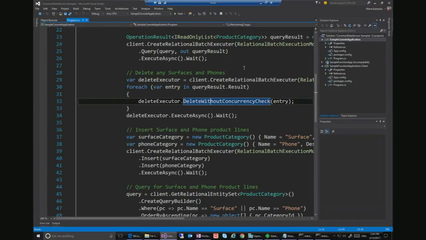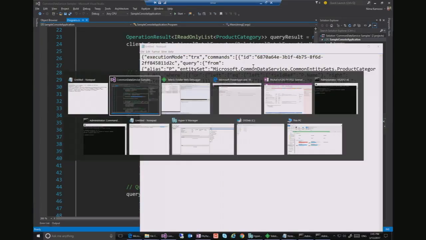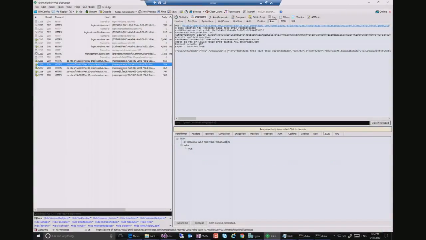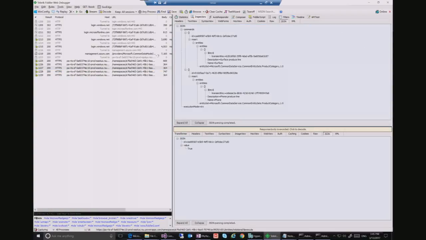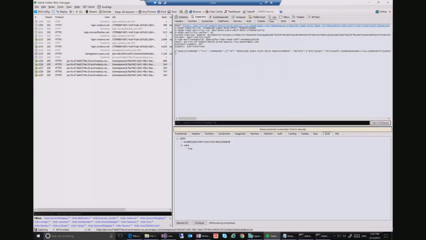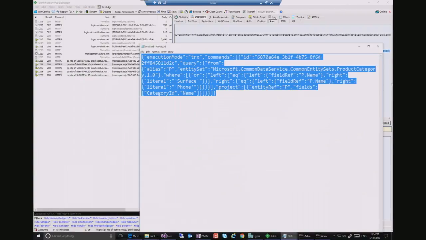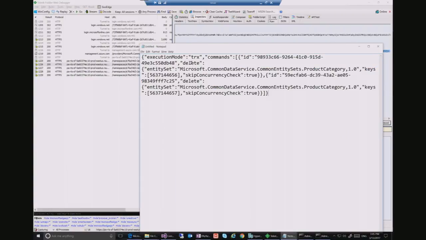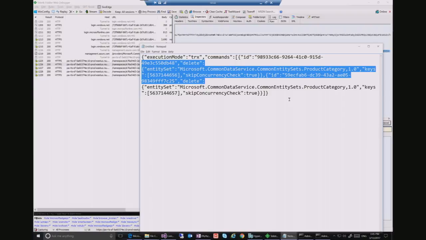Okay, sorry guys. So this delete call corresponds to the code we have here, which is, if we were to copy paste this, another JSON call that has this delete part, and it has information about the specific records we're trying to delete.